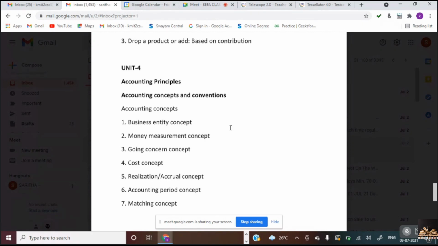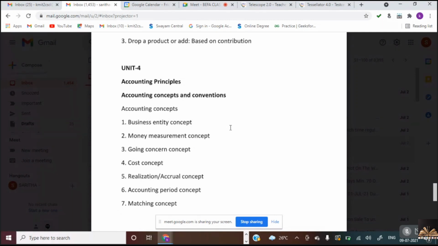Yes, that is done in economics, but in accounts, though it's a fact, we don't consider price level changes. Okay, but we convert the items which can be converted into terms of money. Only such transactions will be recorded. The remaining will be ignored. That is the assumption in this concept, known as the money measurement concept. Is it clear, Nana?